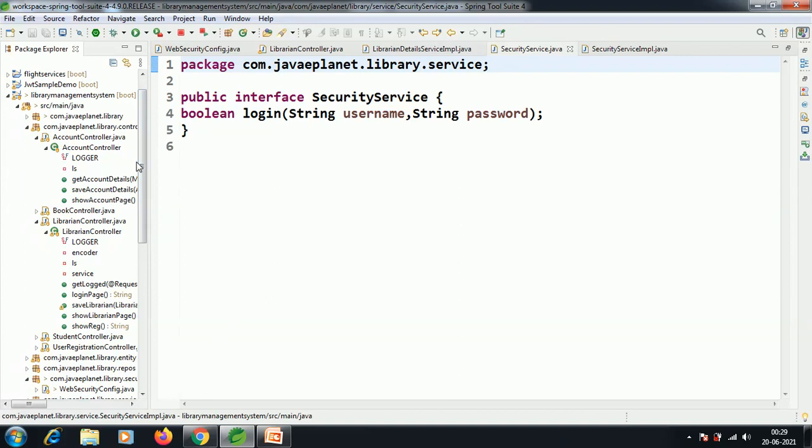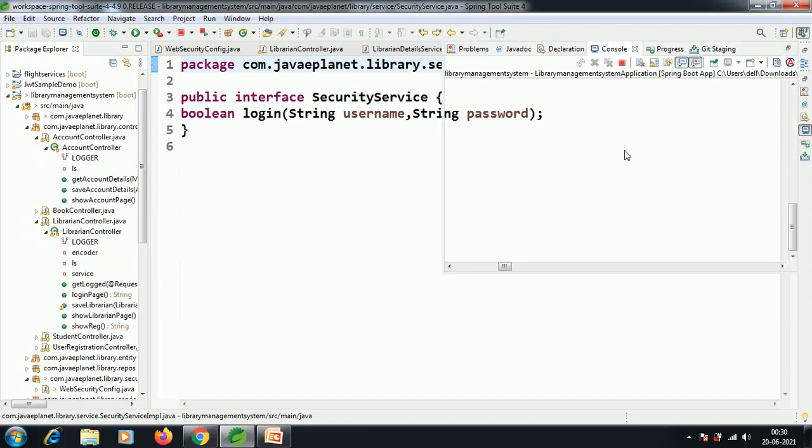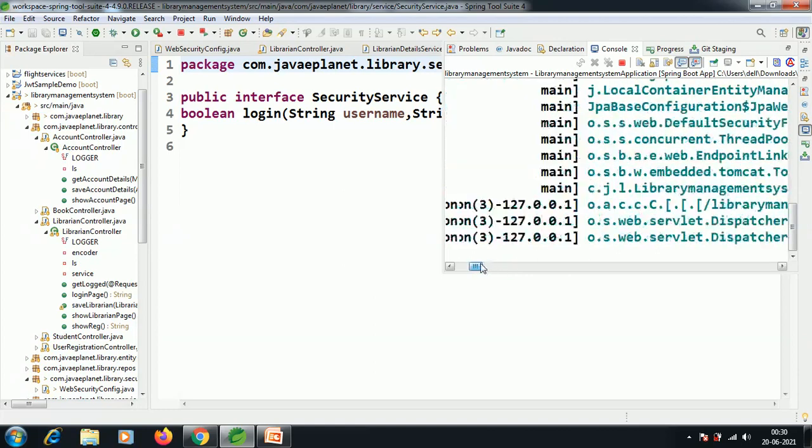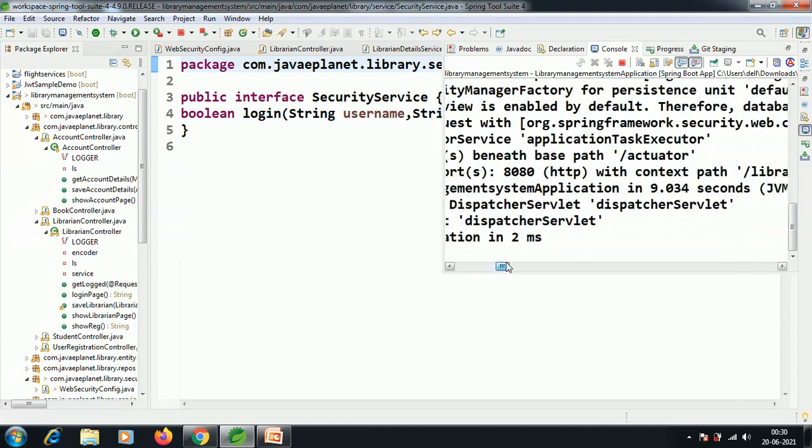Here I have the library management system. I am running the application. Yes, the application has started and is running. See here, started library management system application.